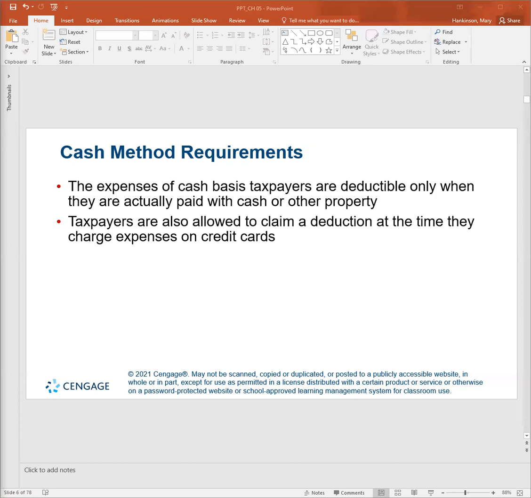A cash basis taxpayer must actually or constructively pay an expense for the expense to be deductible, but payment does not ensure a current deduction. The regulations require capitalization of any expenditure that creates an asset having a useful life that extends beyond the end of the tax year. Courts have clarified that expenses that provide a benefit beyond the end of the tax year following the year of payment generally must be capitalized. Thus, even cash basis taxpayers can only deduct such expenditures through amortization, depletion, or depreciation over the tax life of the asset.